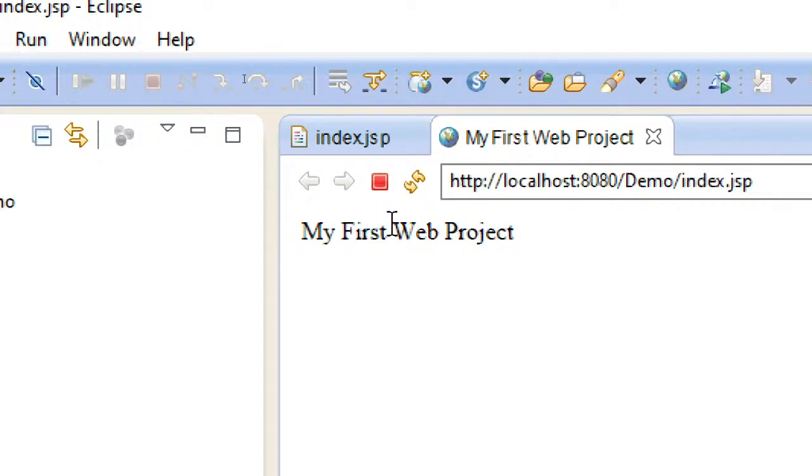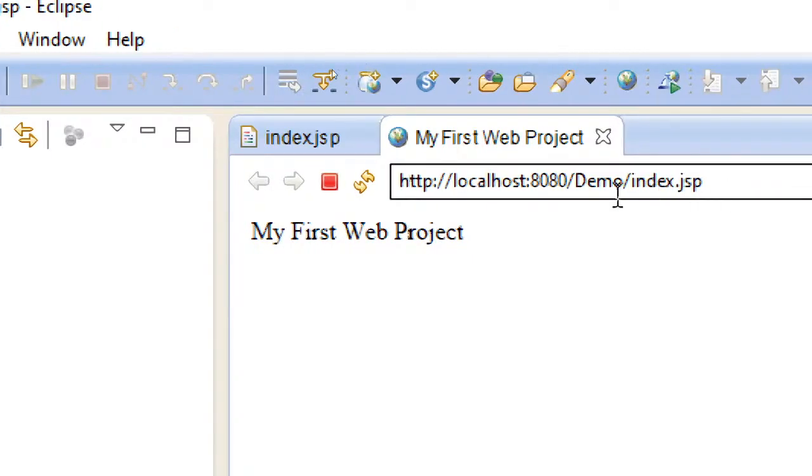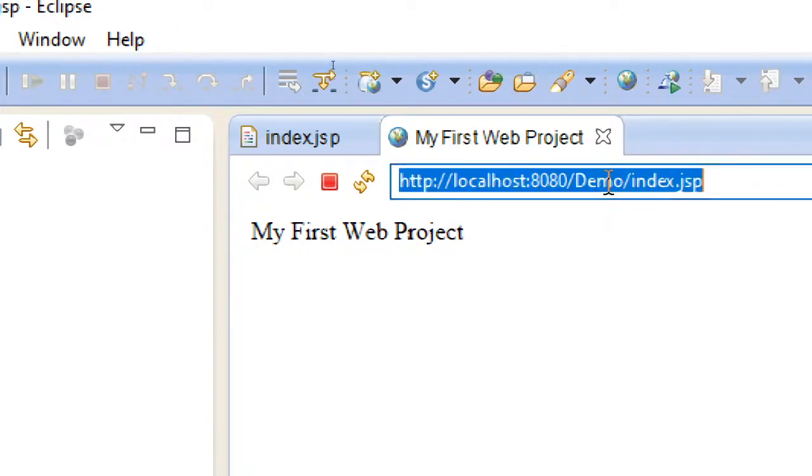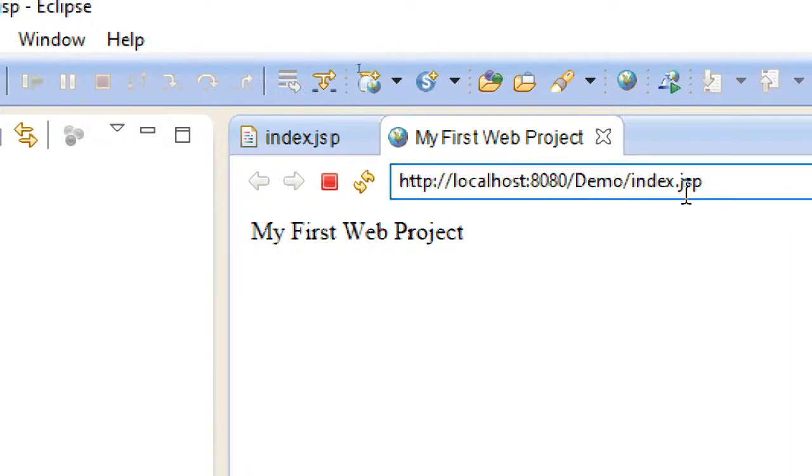And here you can see my first web project, and here you can see http colon localhost colon 8080 and slash the project name, and then index.jsp. And this name is coming because you are doing it within the default browser.